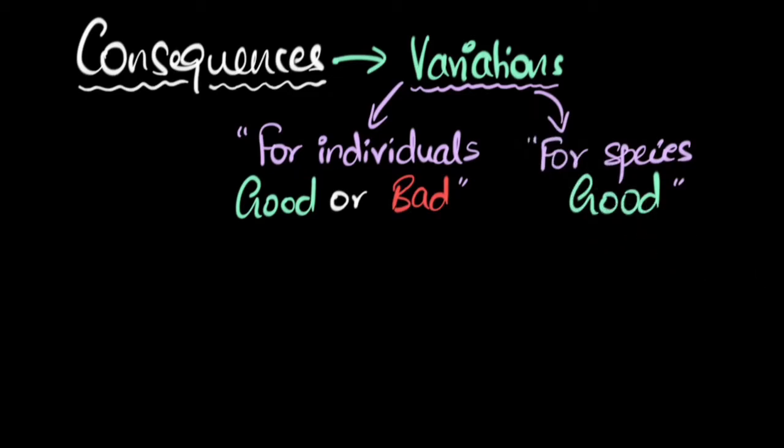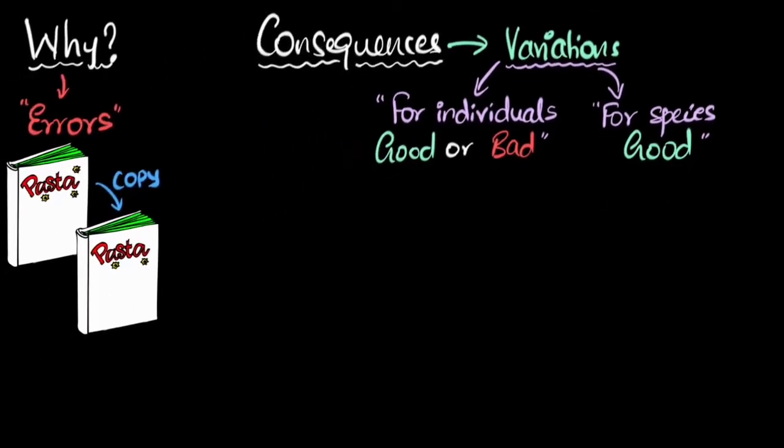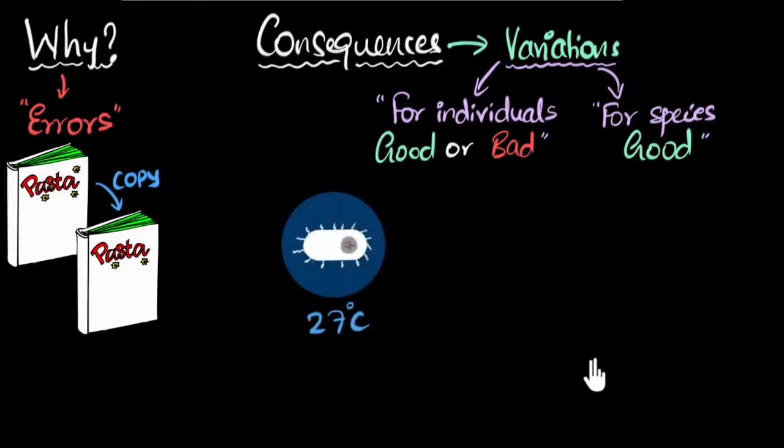Now, why am I saying that? Well, let me take an example to make this clear. Consider a species of bacteria living in water at 27 degrees Celsius. Let's say that these bacteria have adapted for that particular temperature. This temperature is perfect for these bacteria. Then we will say that this particular water at this particular temperature has become the niche